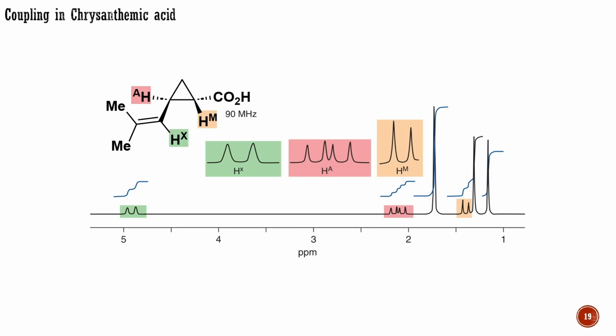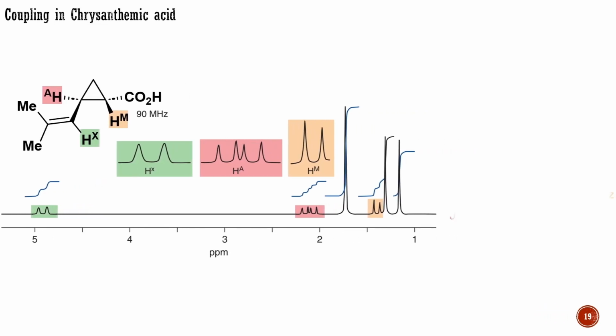The HA proton has two neighbors, indicated as HX and HM. The coupling constant to the HX proton is 8 Hz, and that to the HM proton is 5.5 Hz. We can construct the splitting pattern for the HA proton as shown on the right. The result is 4 lines of equal intensity called a double doublet, or sometimes a doublet of doublets, abbreviated as